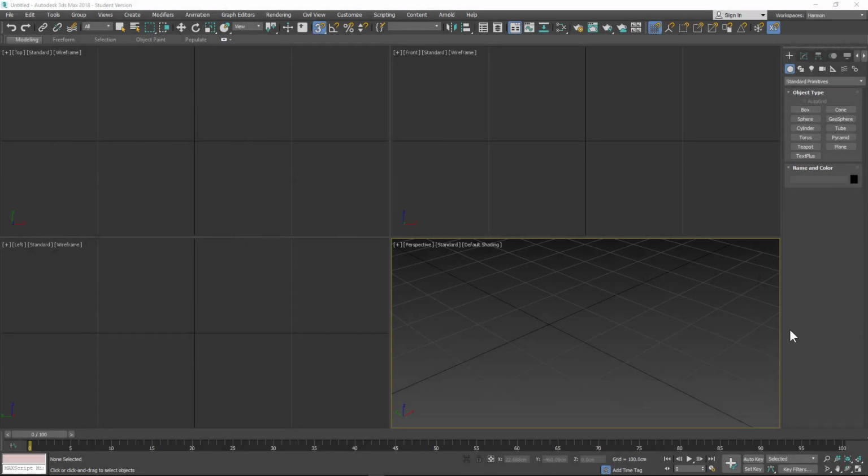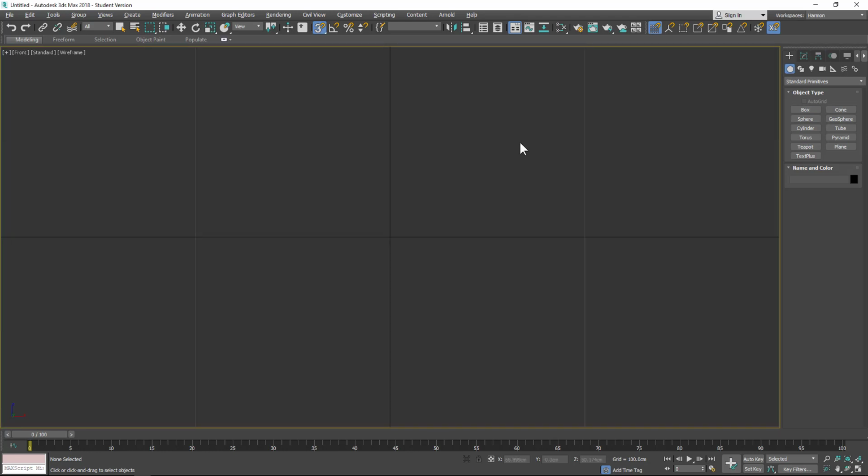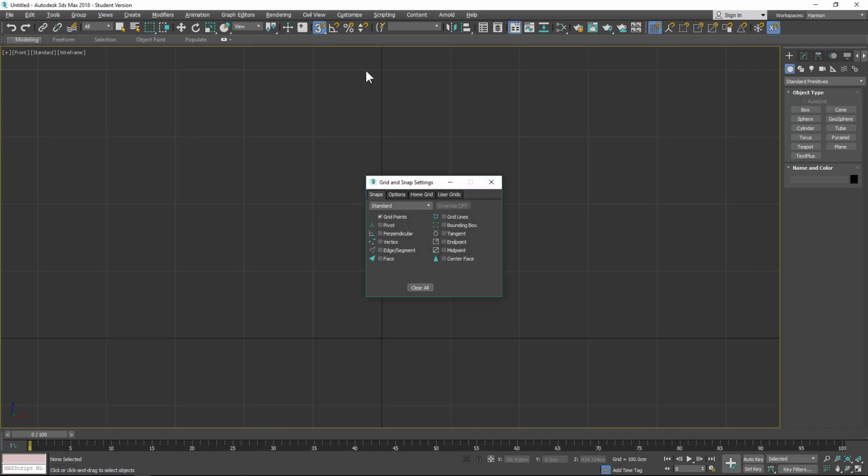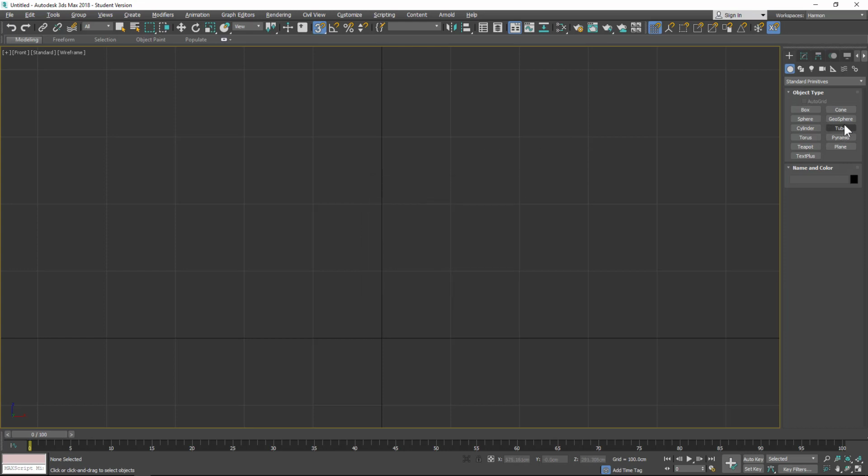All right, so we're going to make this chair. And what would be nice to have about this chair is if we had some reference. So what we'll do is, in our front viewport, I'll just Alt W in my front viewport, and let me zoom out here. Now I've set my grid to be 100 centimeters, so each square is about a meter. Not that it matters much for this